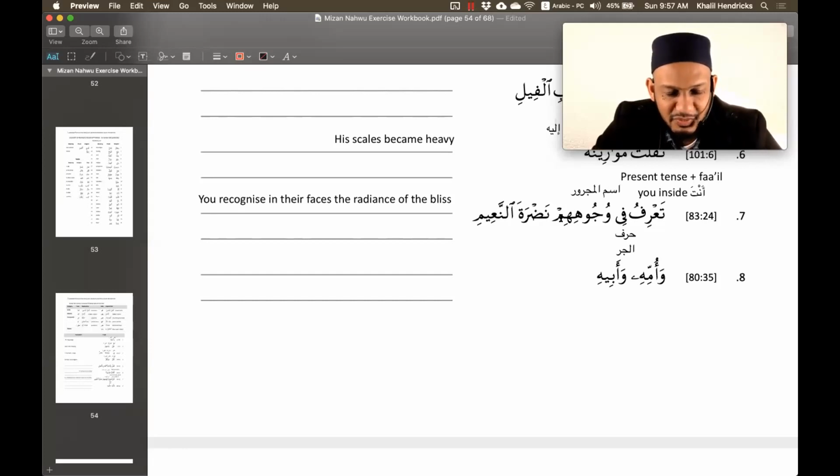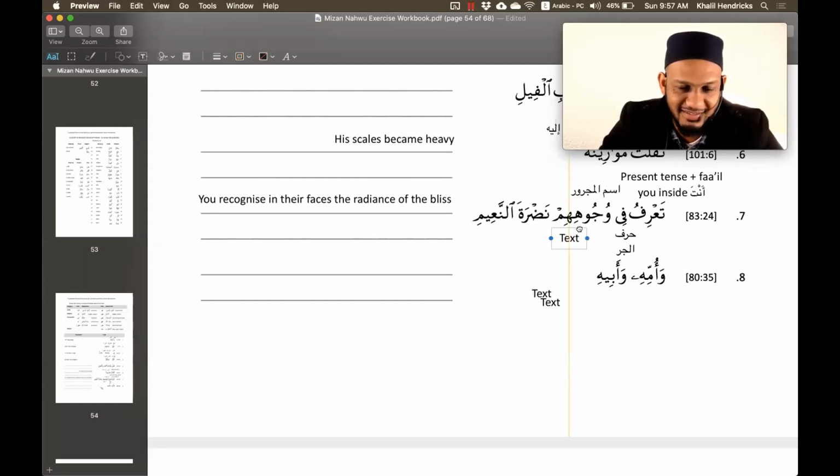Remember we said the attached pronoun to an ism is always what? Their faces, or the faces of them. It's a mudaf. I'm going to go out on a limb here. Mudaf ilayhi. Good. So basically, whenever we have this, just think about the meaning. Wujuhi him means their faces or the faces of them. You with me? So therefore, wujuh is also light followed by jar, and also wujuh is the mudaf.